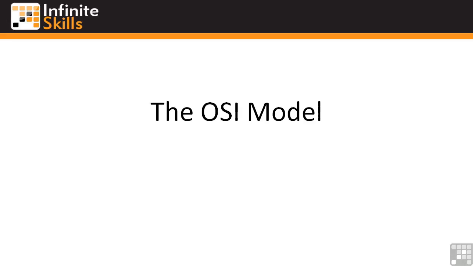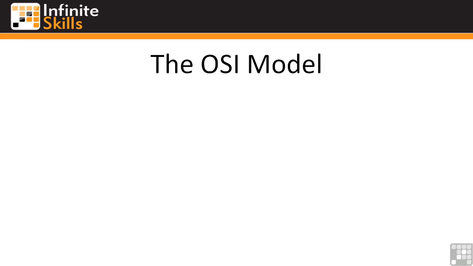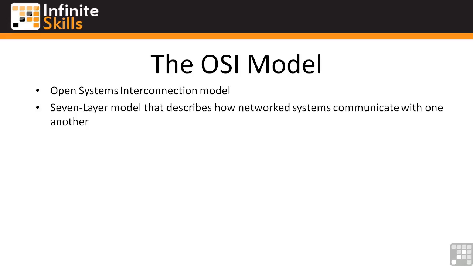In this video, we're going to discuss the OSI model. The OSI model stands for the Open System Interconnection Model. The OSI model is a 7-layer model that describes how network systems communicate with one another. It's basically a roadmap from the IEEE that tells different networking vendors how they can interact with one another using